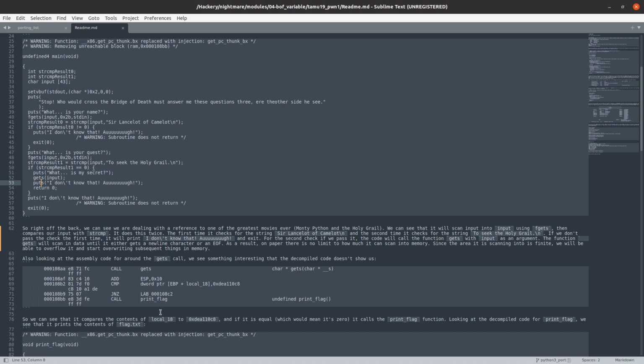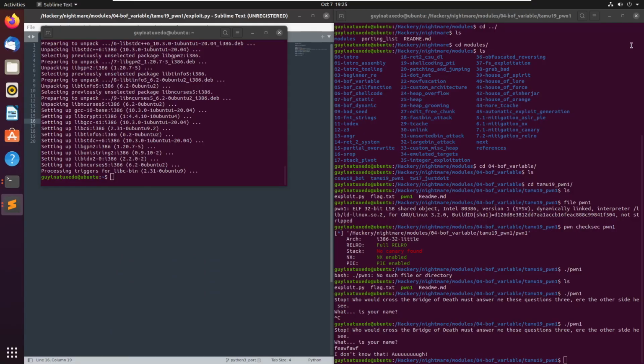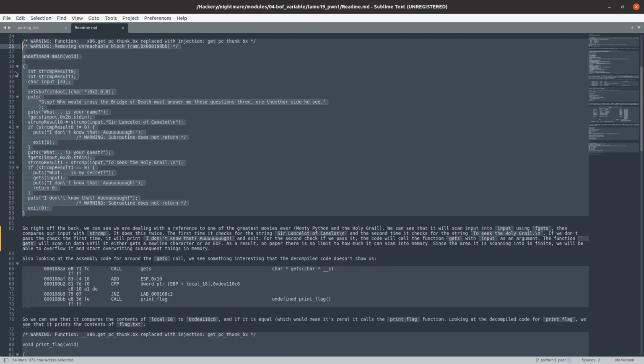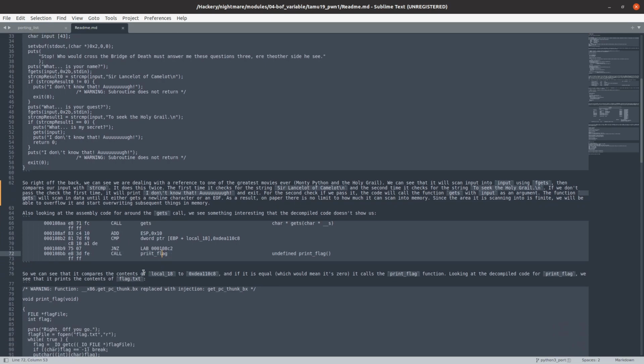Oh, okay. So, this assembly. I was kind of wondering, since the purpose of this module is overwriting variables, looking at this decompiled code directly, we don't see any way that we can overwrite a variable to get code execution. But we see here there is a comparison followed by a function to print the flag, so we can see that it compares the contents of local 18 to this hex value, and if it's equal, which means if it's 0,